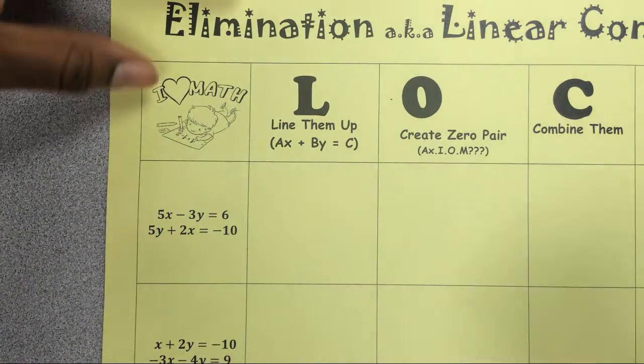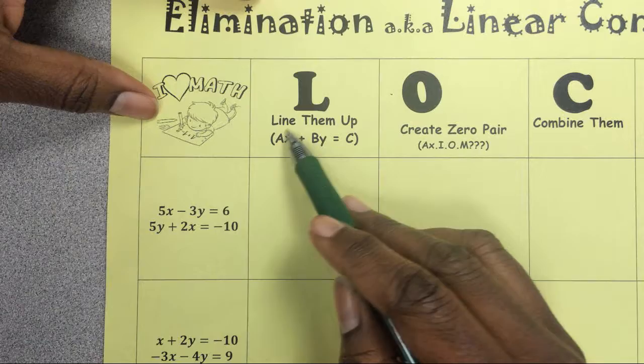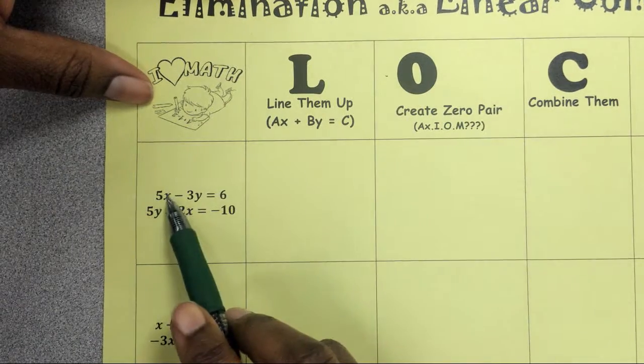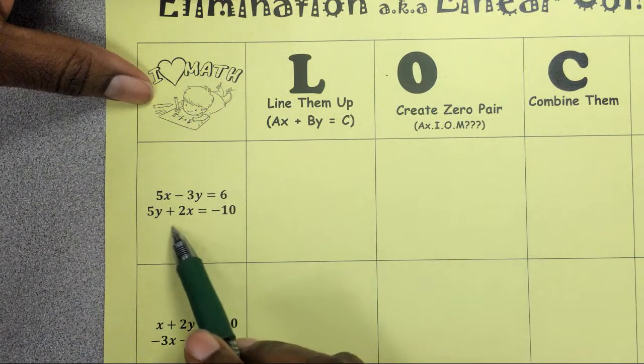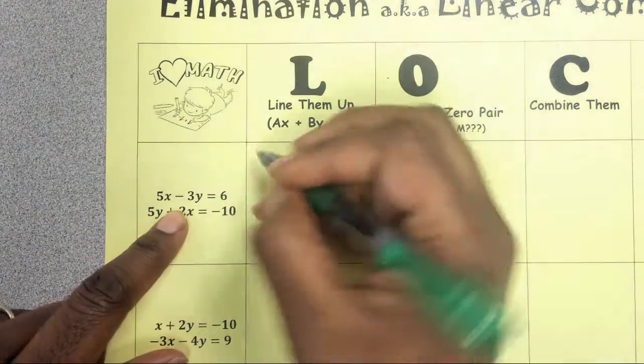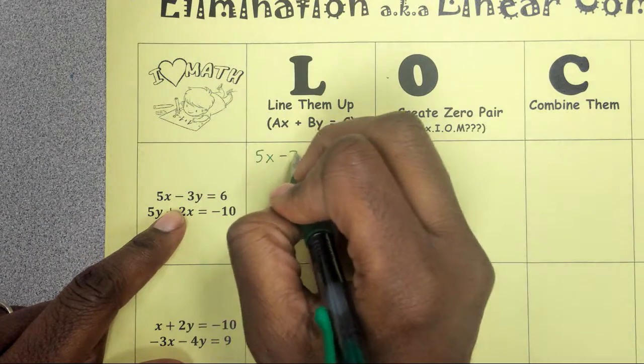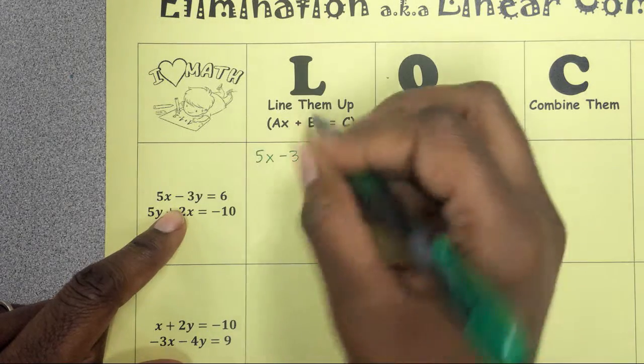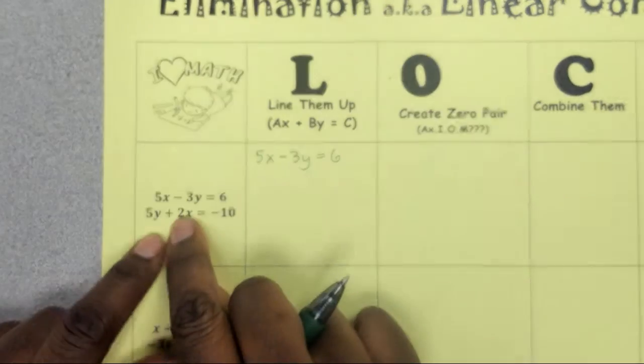Okay, so remember the L stands for line them up, which means we want to make sure the X's and Y's are lined up so we don't accidentally delete the wrong zero pair. So in this case, we're going to keep the top one. We want to keep it in standard form order. However, the bottom one,